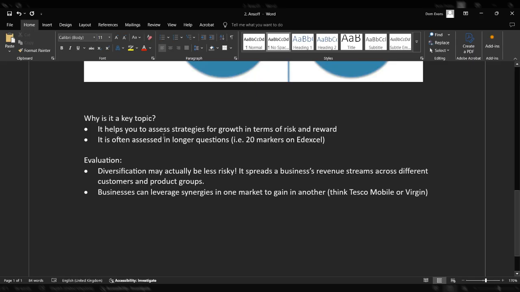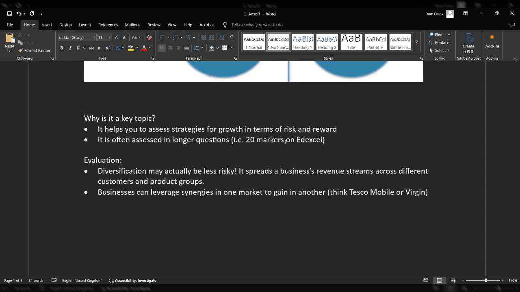And it's often assessed in longer questions anyway, 20 markers on Edexcel, and they don't always say it's Ansoff. You have to be a bit strategic and understand, pick it out of the question. Is it product development? Is it market development? Is it diversification? It's often quite difficult in the question to tell whether something is actually product development or diversification. So, for example, if Apple bring out an Apple Watch, is that just product development because they're going to sell it to their existing customers,